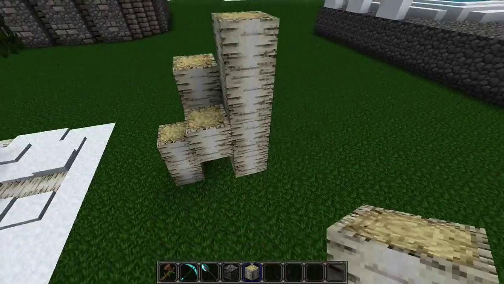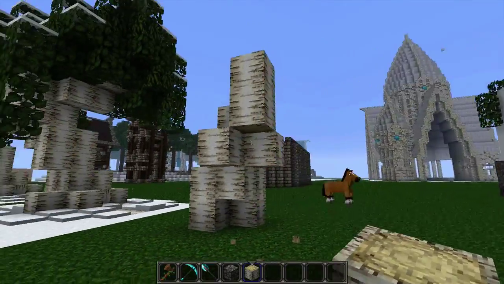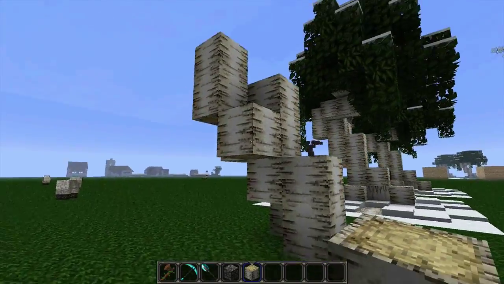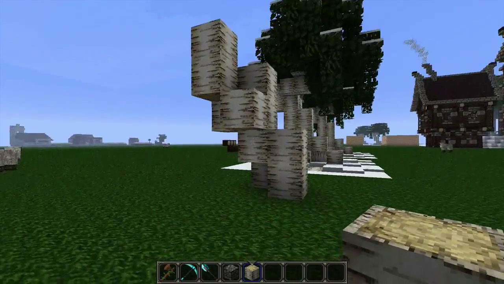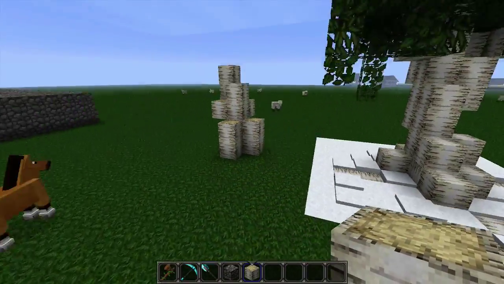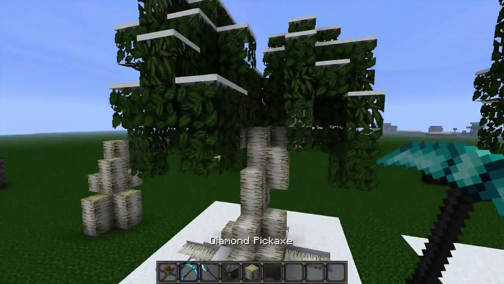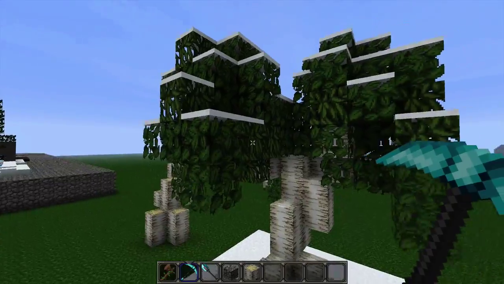You just have to play with it a little bit. You see how much it changed on just 2 blocks? Just add a couple blocks, get rid of some blocks, and you got yourself a really nice looking trunk. But I'm going to go ahead and get rid of these leaves so you guys can see the